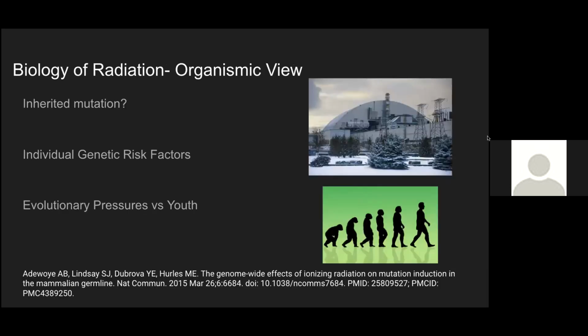So this all comes, in fact, from the last slide, because when we have our gametes and we have our spermatocytes or our oocytes, we're talking about inheritance, right? We're talking about inheritance of our genetic factors the same way you inherit your eye colors, your height, your weight, other genetic factors. You do have a risk of inherited mutations. The reason why I leave a question mark here is because weirdly the science behind radiation-induced genetic inheritance is